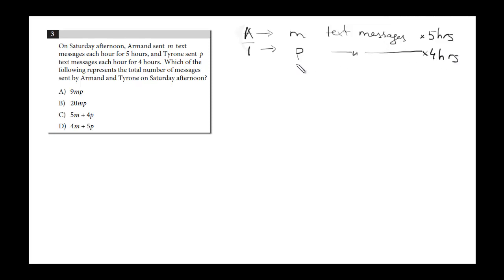So we are asked which of the following represents the total number of messages sent by Armand and Tyrant on Saturday afternoon. Well, we have to see how many messages Armand has sent and how many messages Tyrant has sent, and then add the sum. If I look at the first answer, 9 and P, we don't deal with the sum, so that's